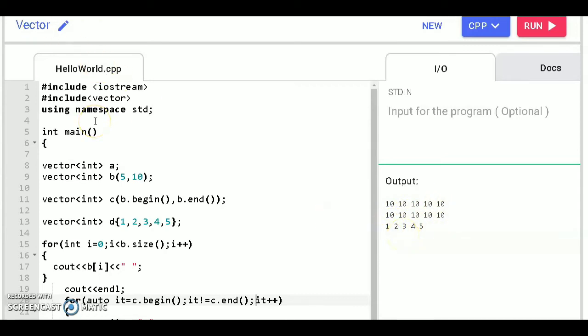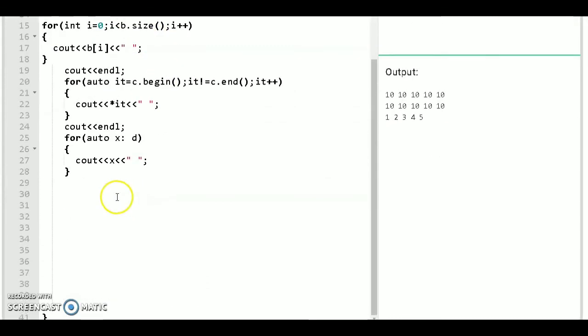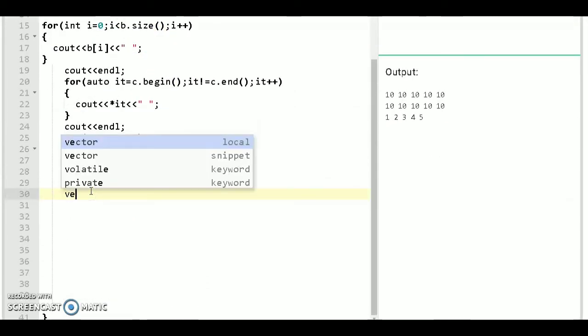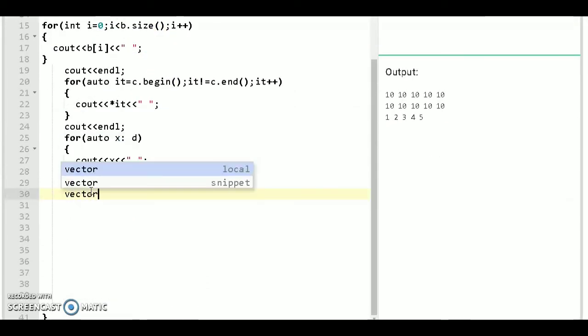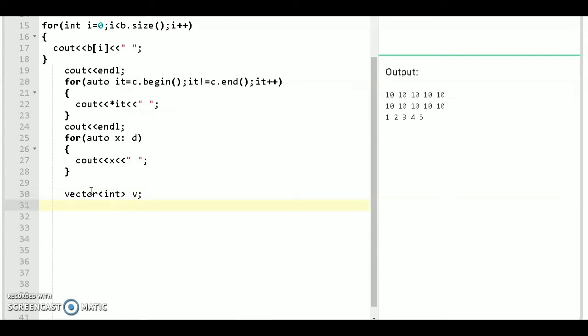Now we will see how we can declare a vector in which we take input from the user. First declare a vector of integer with object v, and take how many elements you want to input.